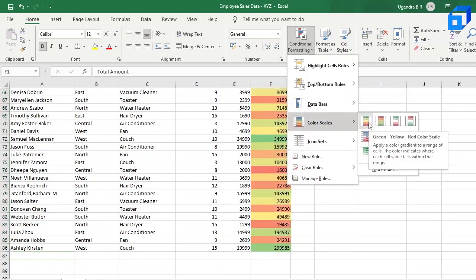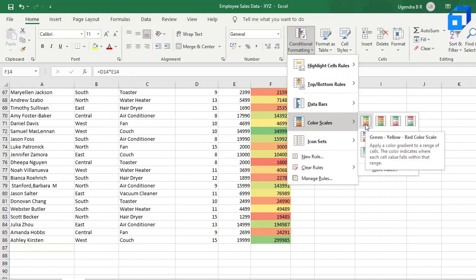So over here you can see that it applies a color gradient to a range of cells. The color indicates where each cell value falls within that range. So as you can see, green is on the higher end, light green is on the above average end, yellow is average, light red is below average, and red is on the lower end.